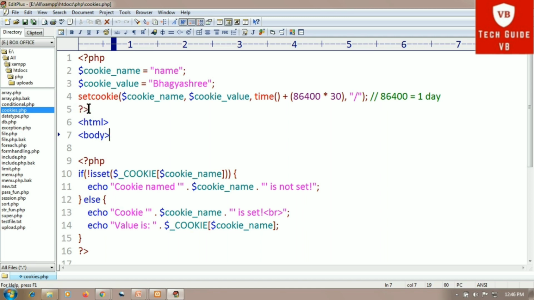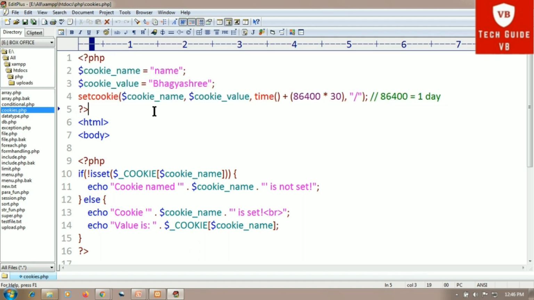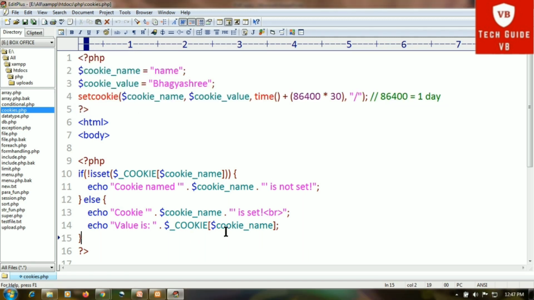And then we have closed the PHP tag here, and then we have opened the HTML and body tag. This is the code for creating the cookie. Before starting the HTML tag, we need to create the cookie first.